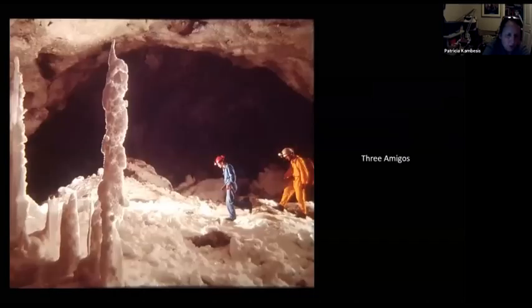So one of the major breakthroughs that we made in the cave was into the Western Branch. This is a section of the Western Branch where you can see 3 gypsum stalactites, the 3 amigos. I don't have a specific order of things. I thought about putting them all in exploration order, but I decided that I have some other things that I want to emphasize instead. So one of those things, besides working together and working with the national park, is also